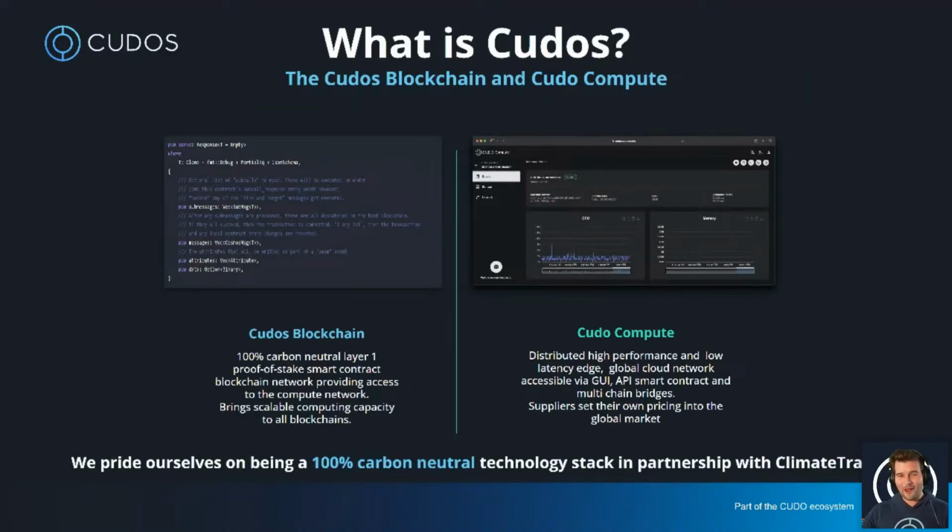So that also brings us to, where is Cudos involved in all of this? So what is Cudos? We've got two distinct parts to Cudos, and it is the Cudos blockchain and the Cudos Compute platform. And over time, and hopefully pretty soon, we are linking the two together in a pretty neat way. But ultimately, having a look at the Cudos blockchain side, we have our own layer 1 blockchain within the Cosmos network of blockchains.